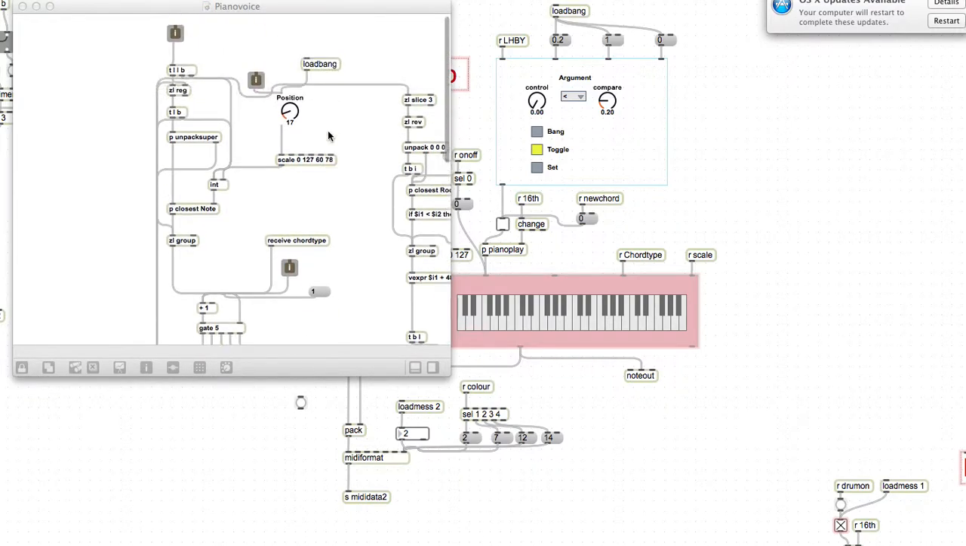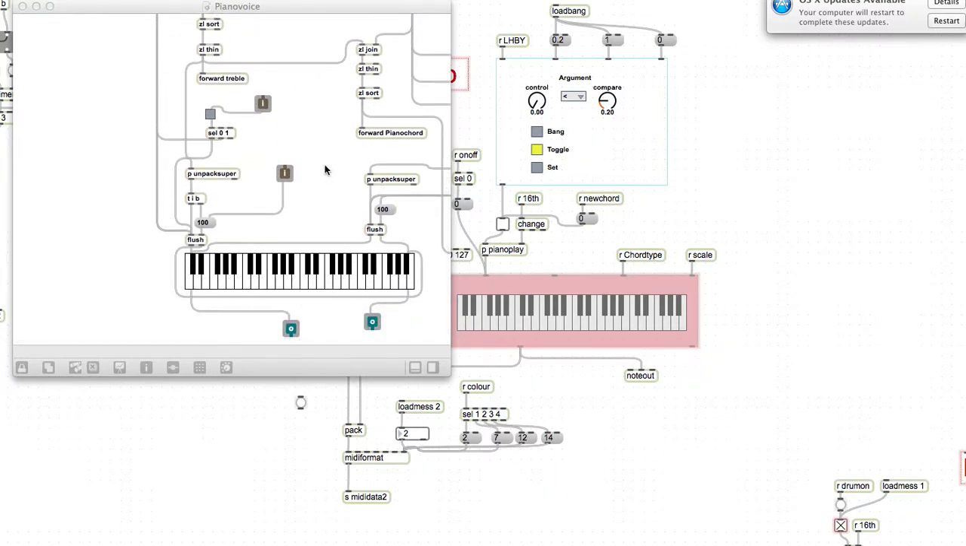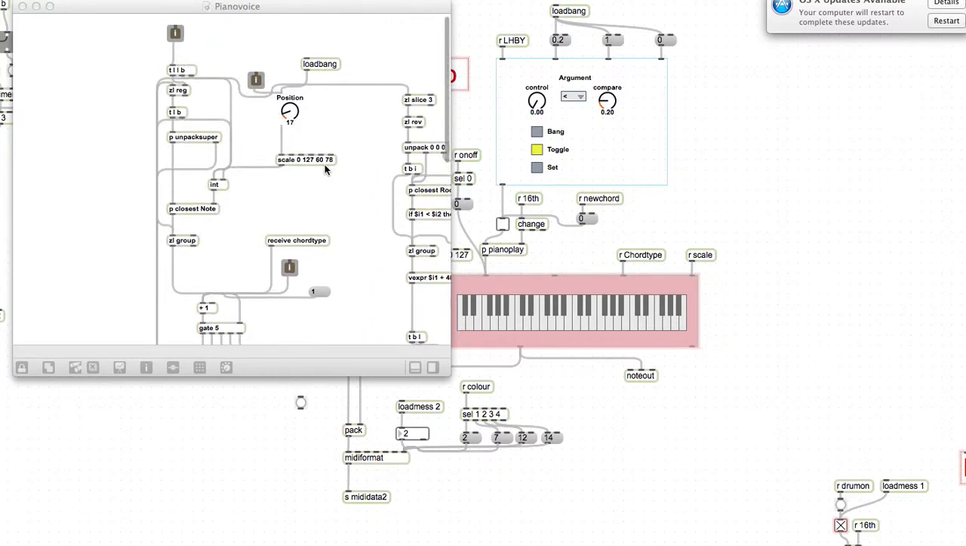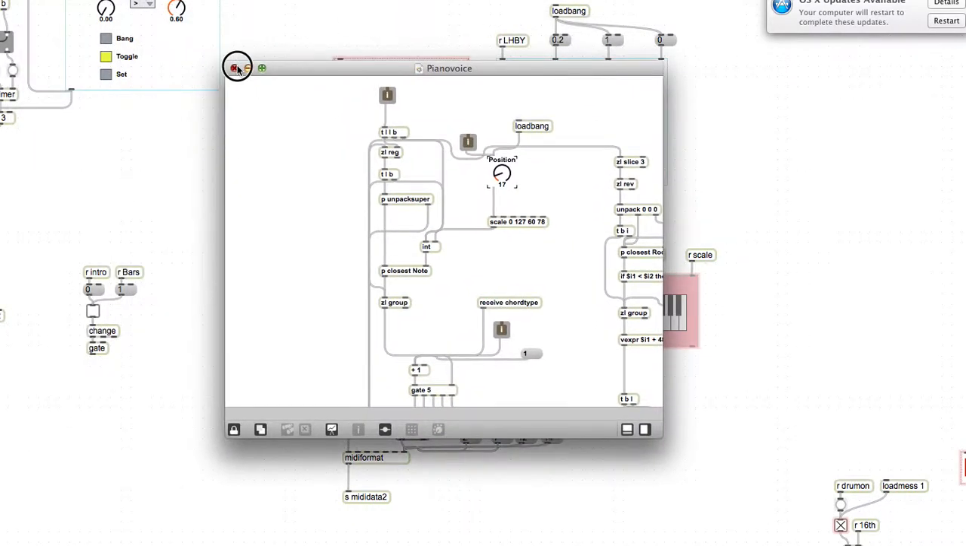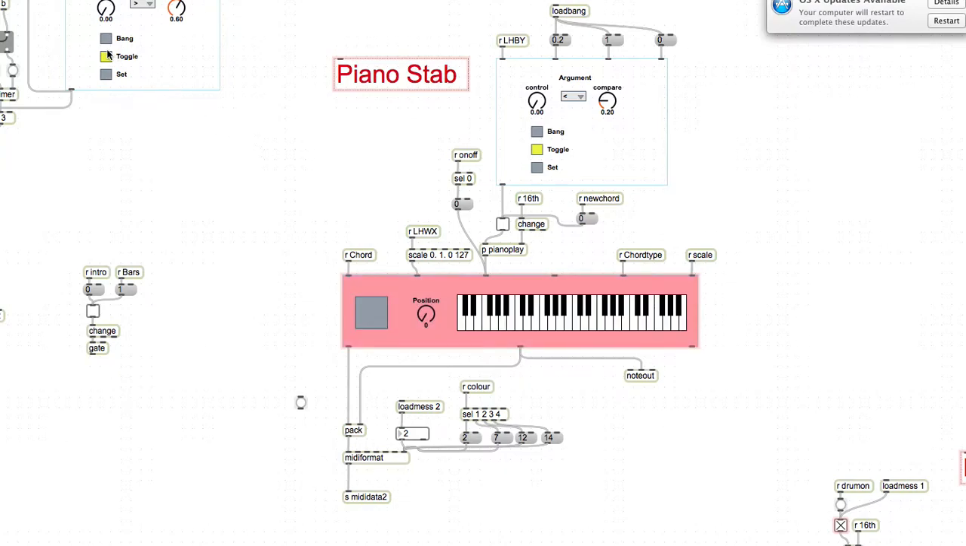This object is most noticeable in the piano subpatch. Here, the dial is compared to the incoming chord, and each note within the chord is positioned to be as close as possible to the note represented by the dial. This replicates the hand position whilst playing piano,